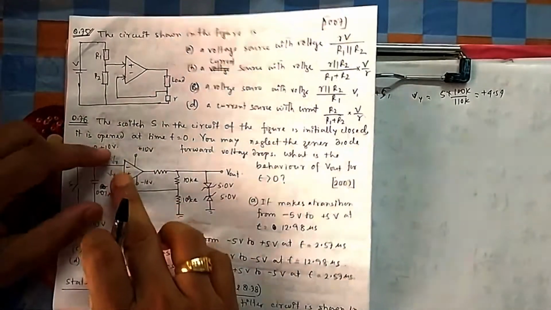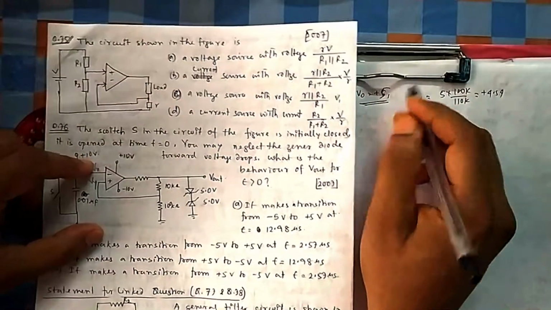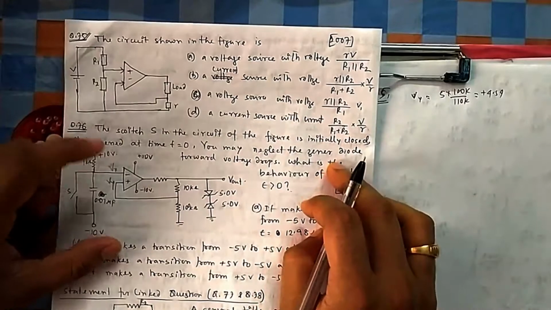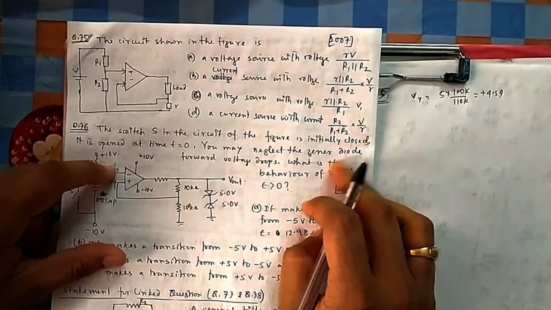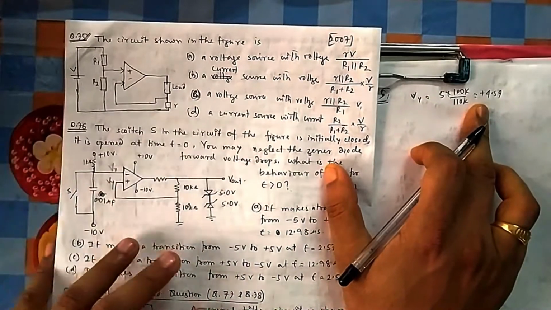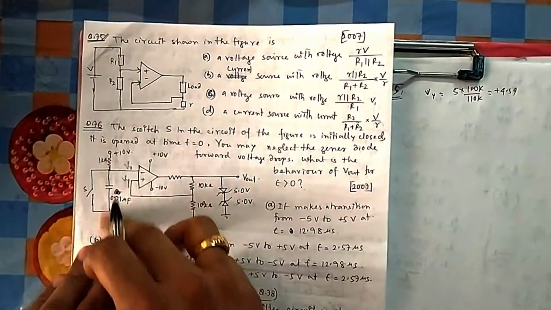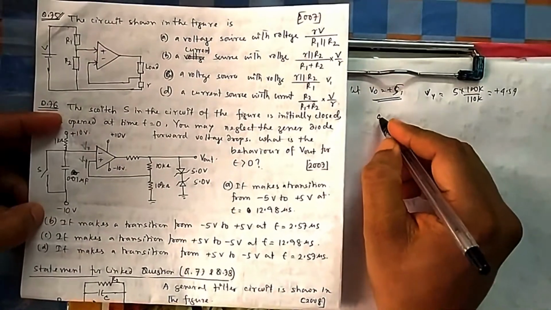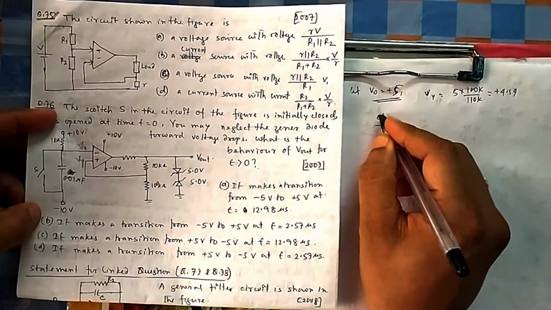So if your Vx gets more than that, then the transition will occur from plus 5, because it will be more, then it will go to minus 5. Okay, so let me find when this voltage will be greater than 4.54, when it is crossing 4.54. If I take this path, let me draw it, it is plus 10, something of this fashion.